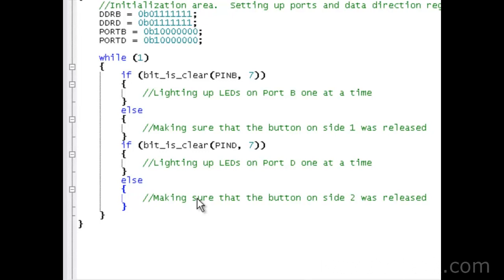Okay, so now this is where things get interesting, and we're going to start our process on making the code encapsulated and easier to read. You're going to see that the code that is required here to process the button and light up the LEDs is going to be the same code as would be in this location. The only difference is we're requiring the variables to be either a 0 on this side and a 1 on this side. The same thing is true for the else statements, because